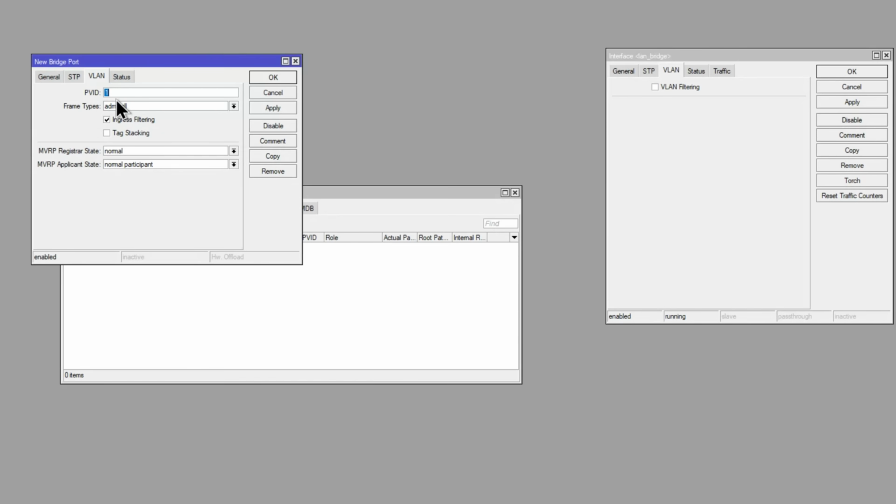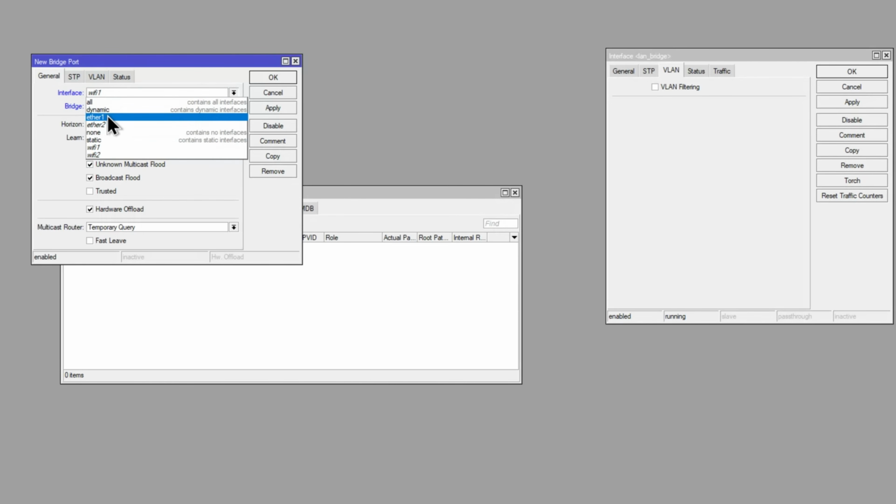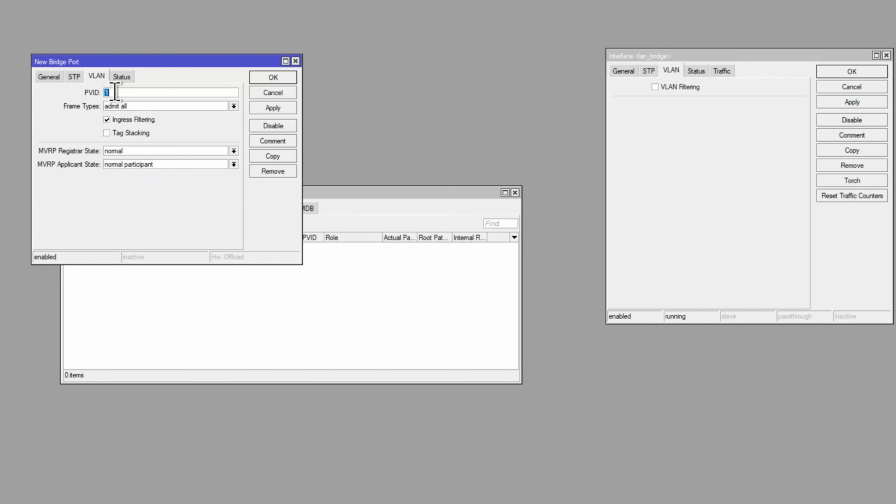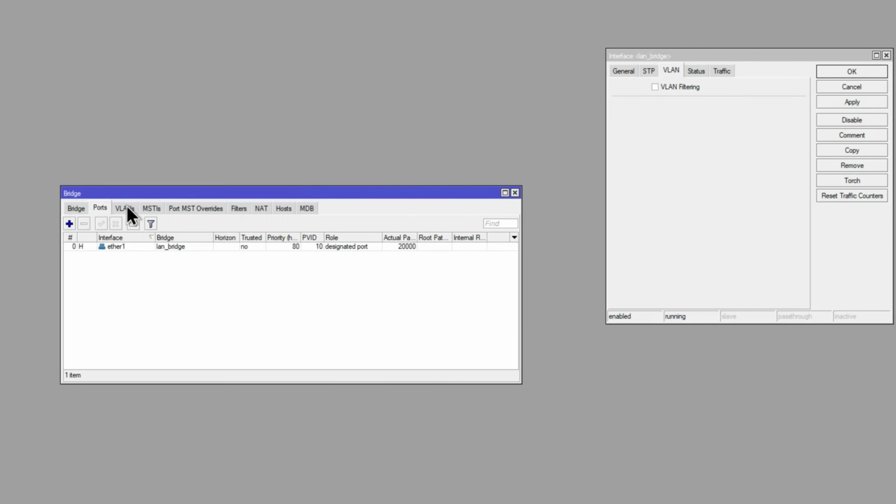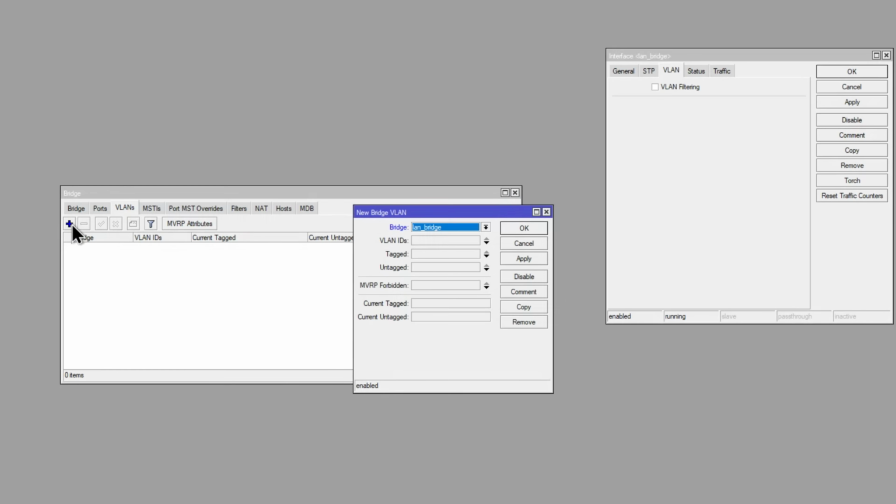Now we're going to add our Ethernet 1, because this cap AX has two Ethernets, but we're only worried about Ethernet 1 because that's the one we're connected on. And then VLAN, we're going to say it's port VLAN, so its native VLAN is going to be 10 for management. Okay, we're going to admit all. Okay, that. Now on VLANs, we can add VLAN IDs of,